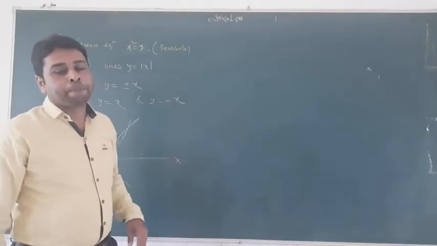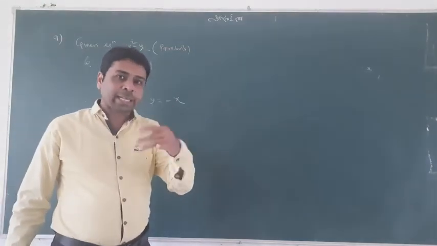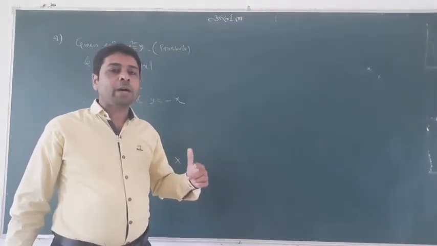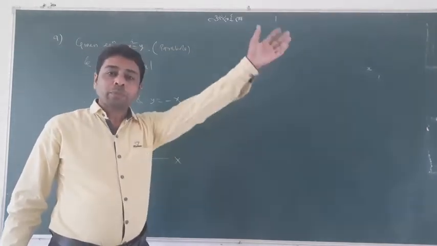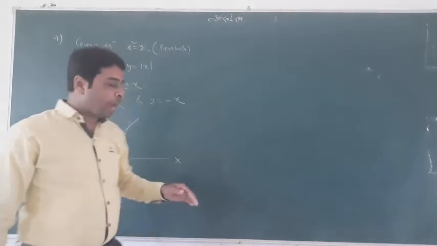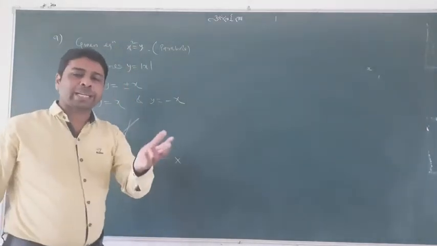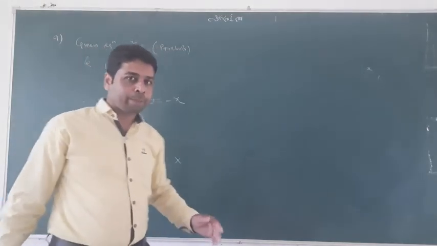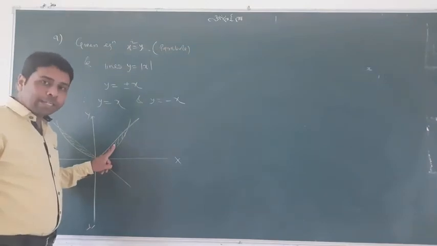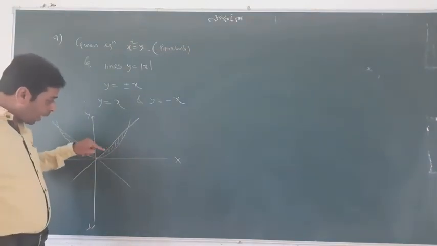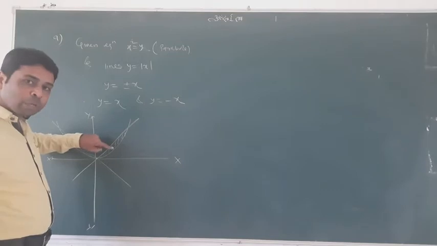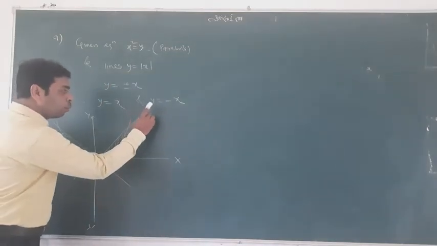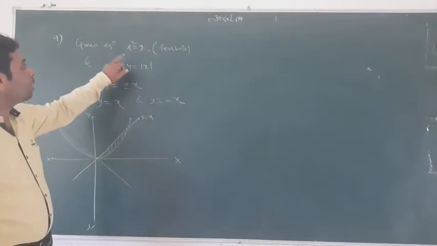I would say one thing, that the second exercise is completely not in your new syllabus. It is only the area covered by a simple curve, and this question actually belongs in the second exercise. Still I am telling you, please try to catch the concept. You want to find this area. These two areas are the same, and I am just focusing on finding this area. So how can we find this? I explained that this is the line y equal to x, and this is the curve x square equal to y.